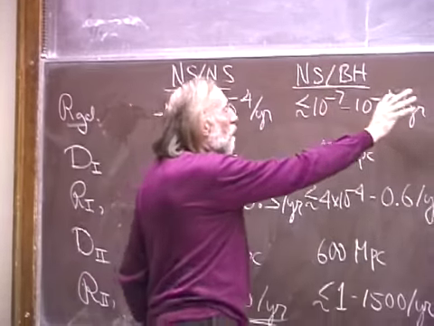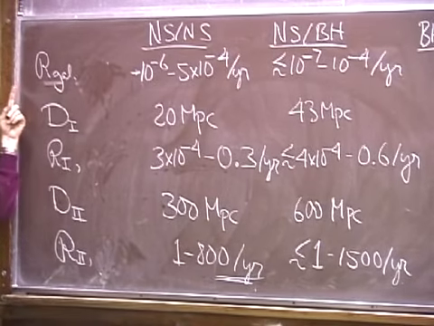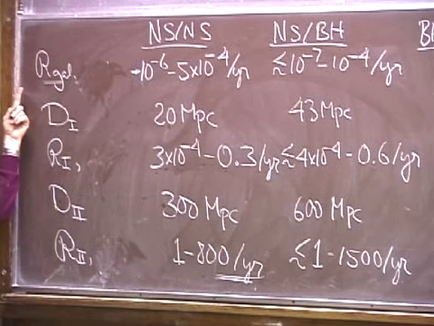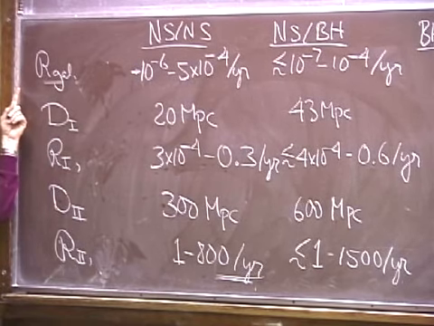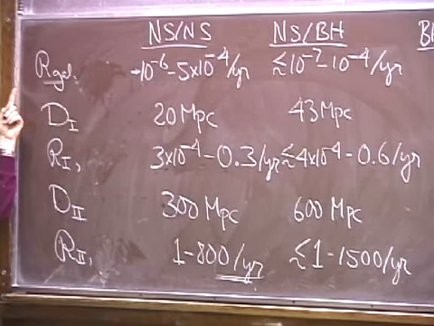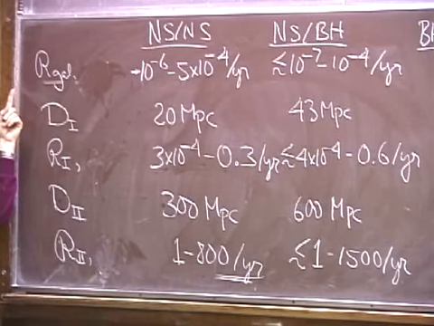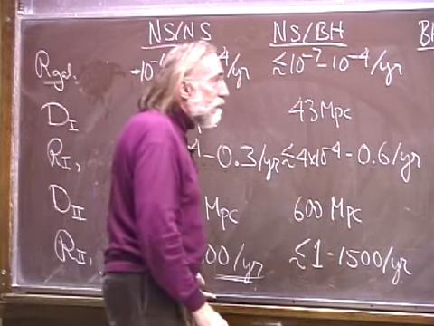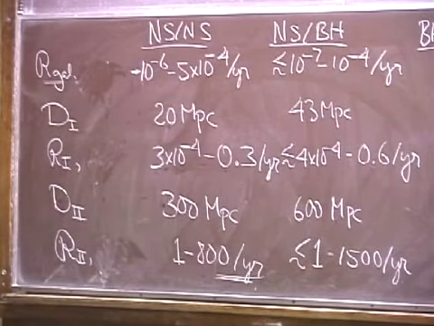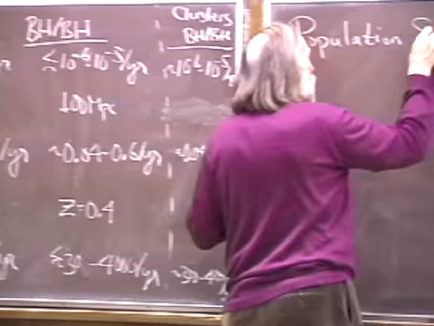Neutron star black hole and black hole binaries, we cannot rely on observed systems in our galaxy to get the event rate, because we've never seen any neutron star black hole or black hole binaries in our galaxy. We've seen supermassive black hole binaries that will radiate in the LISA band in distant galaxies, but that doesn't help in the LIGO band. So in the LIGO band, one has to rely on the techniques that Sturl was discussing in his lectures, but I don't know whether he used the name population synthesis or not.